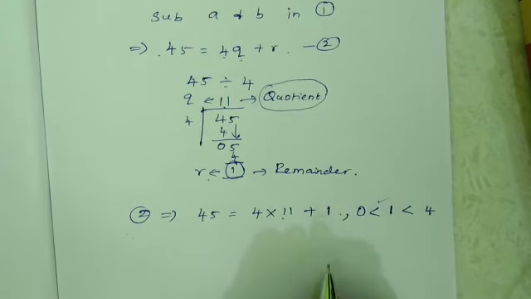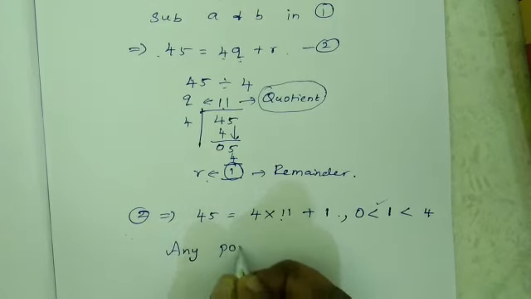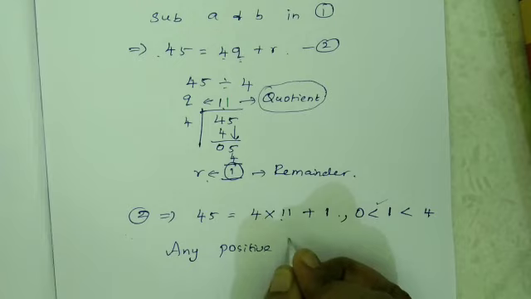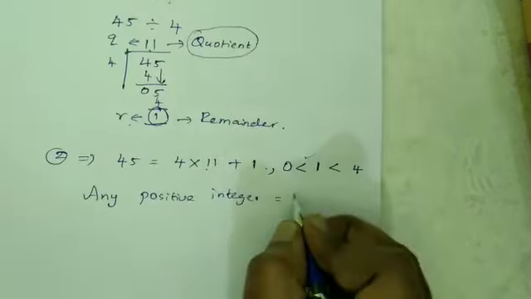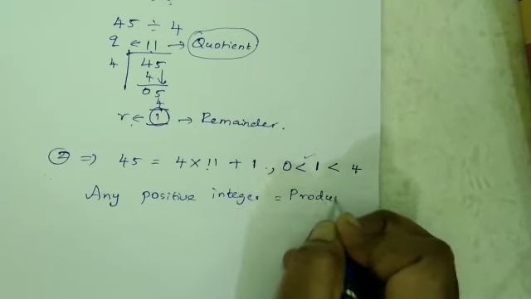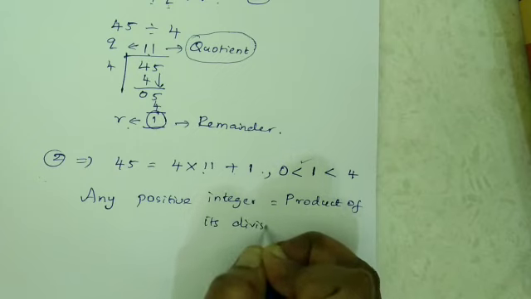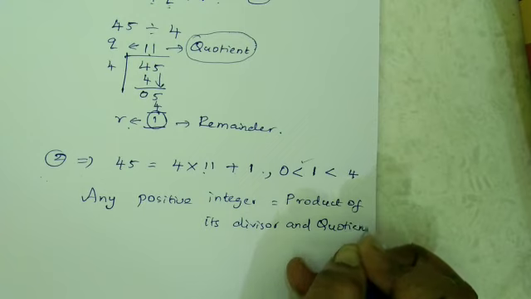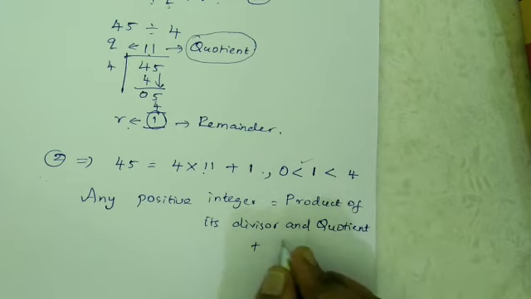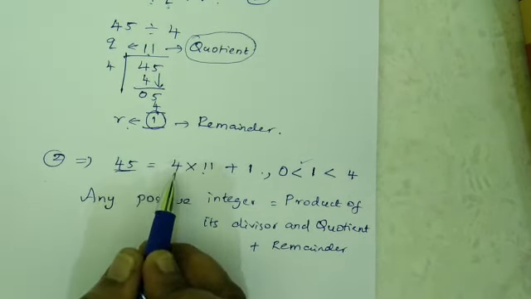So we conclude that any positive integer can be written as the product of its divisor and quotient plus remainder. See here, 45 is written as the product of its divisor